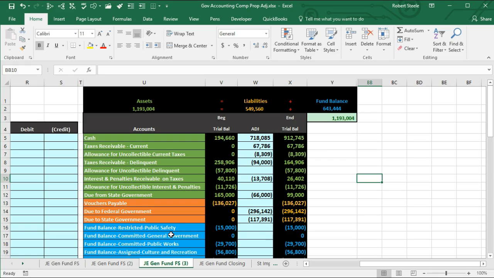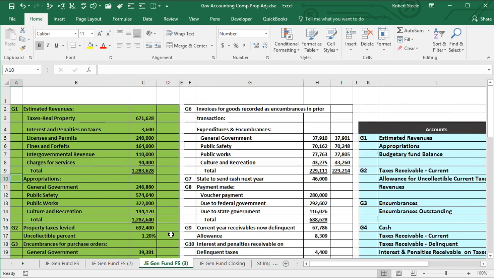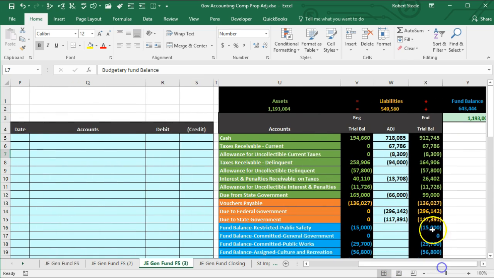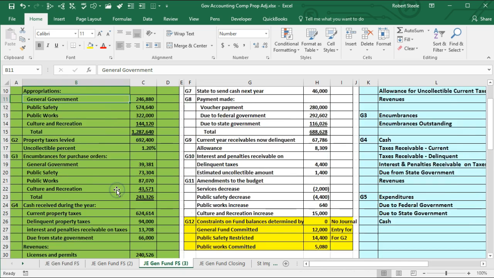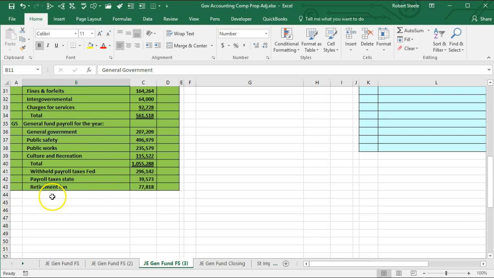Hello, in this lecture we will continue our governmental accounting problem, entering journal entries and recording those to the adjusting column of this trial balance worksheet. Last time we entered this information in the green area, and we entered that into this blue area and recorded that to the trial balance in the center blue column. This time we're going to enter this data starting from G6 on down, which was underneath G5 in the